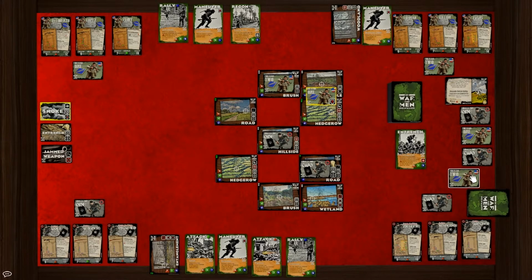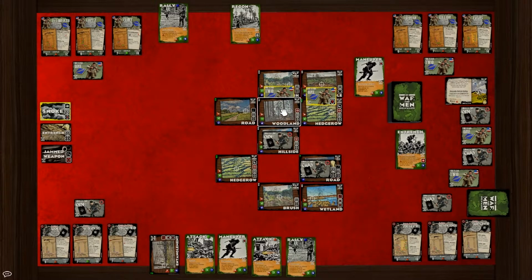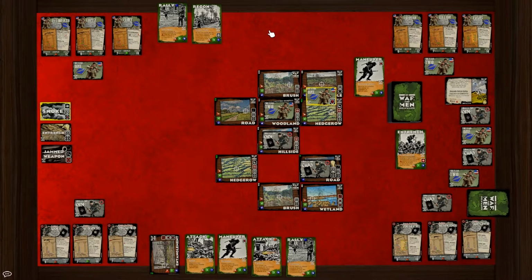This will activate American Fire Team 2. American Fire Team 2, right here in the brush, is going to maneuver forward into this unknown terrain. Then they will maneuver again, and just as before, when you maneuver into a terrain that is not there, it allows you to play the terrain that you want in that location. So their first maneuver gets them halfway, the second maneuver allows them to finish their movement into the terrain, and they get to play the woodland terrain where they end up, giving them a pretty good bonus to defense and a good bonus to attack. This will end American Fire Team 2's turn because they have taken 2 maneuver actions,